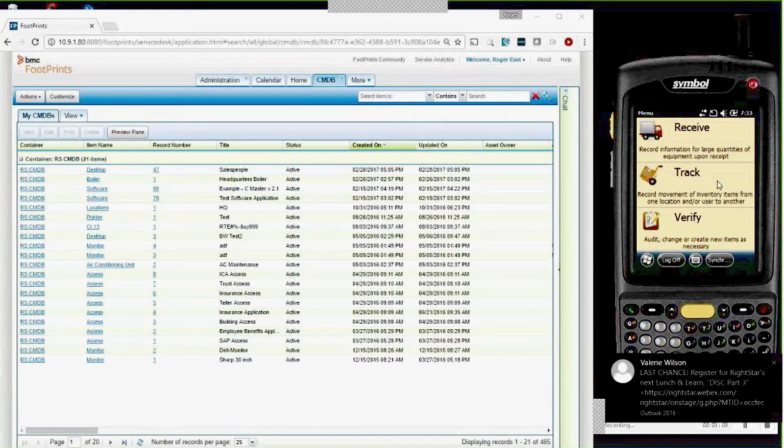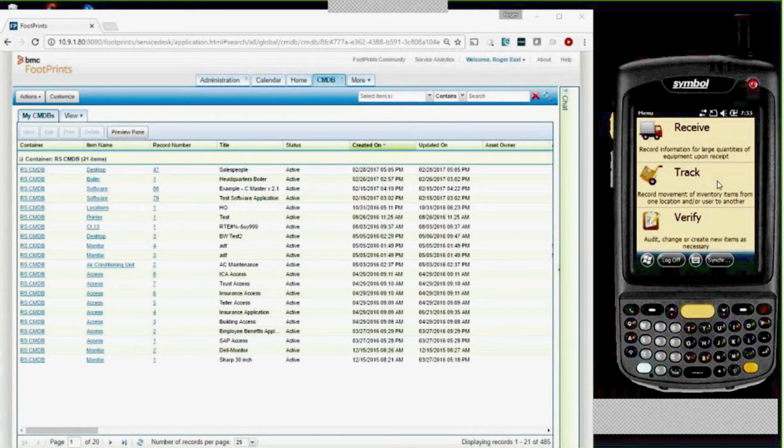The third module will really help most of you out if you are required to do those physical inventories on a periodic basis. And the way the logic works here with this ScanStar product is that my purpose-built scanner, which has a lot of memory in it, it's basically a handheld PC, we synchronize the memory of that with the CMDB so that when your technicians go out into the field to help perform these audits in the verify mode,